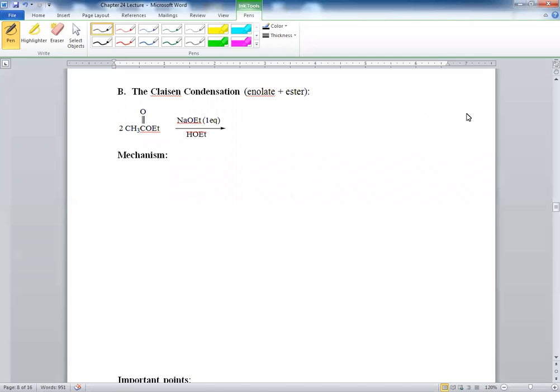The second major reaction is the Claisen condensation. It involves an enolate and an ester. You have 2 moles of an ester, and one of them will become an enolate. So you will get,